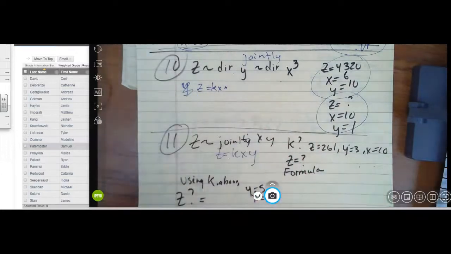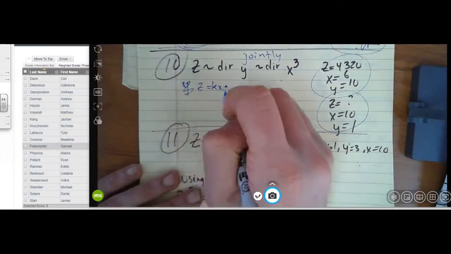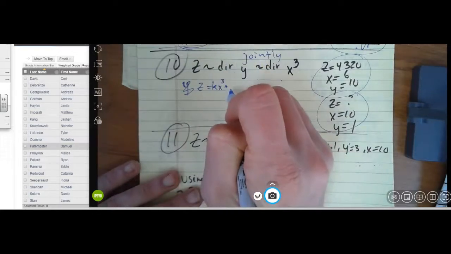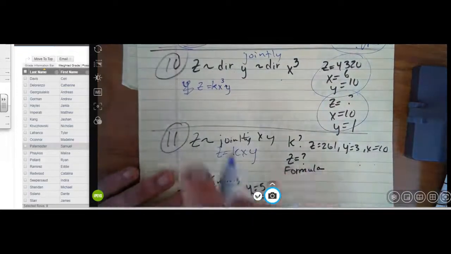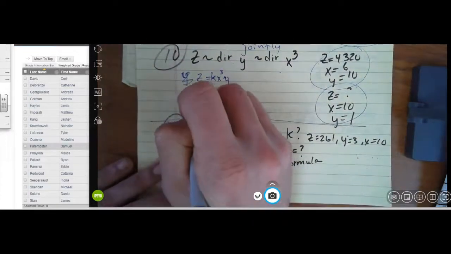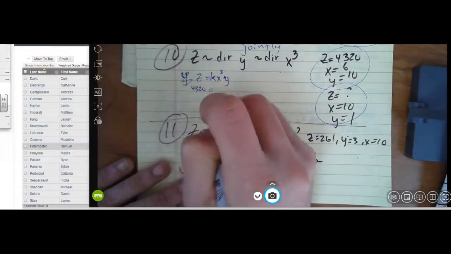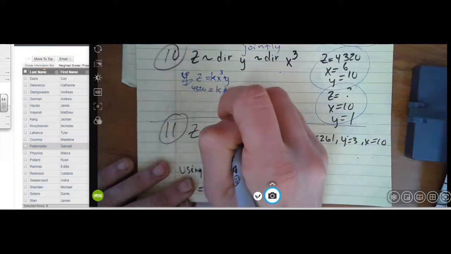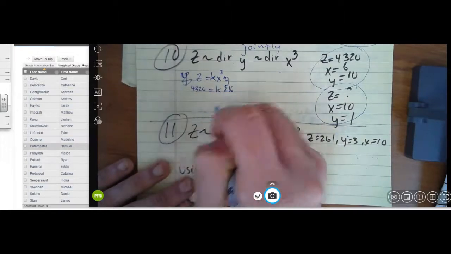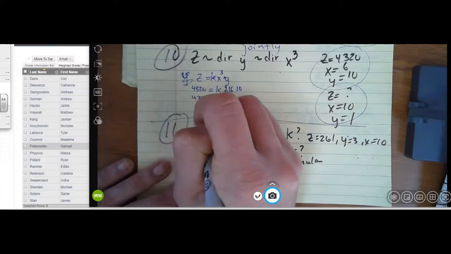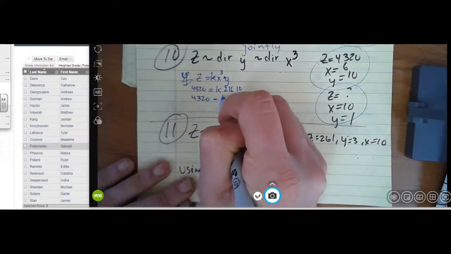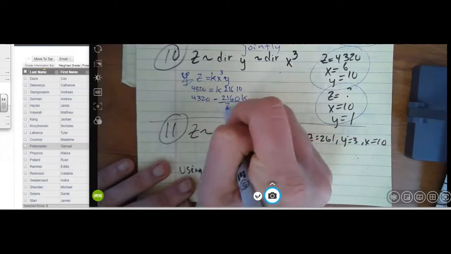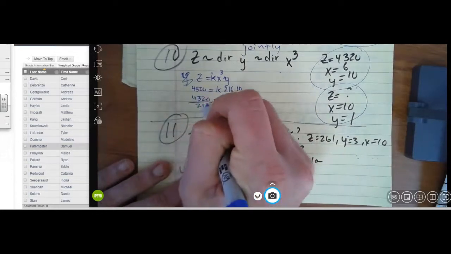So we'll write that out there. z is equal to k x cubed y, and then we put in our values and we get z. There's 4320 is equal to k, which we're trying to solve for, times 216 times y, which is 10. So you're going to get 4320 is equal to 2,160k, and then divide by 2,160, and I think we should get k equals